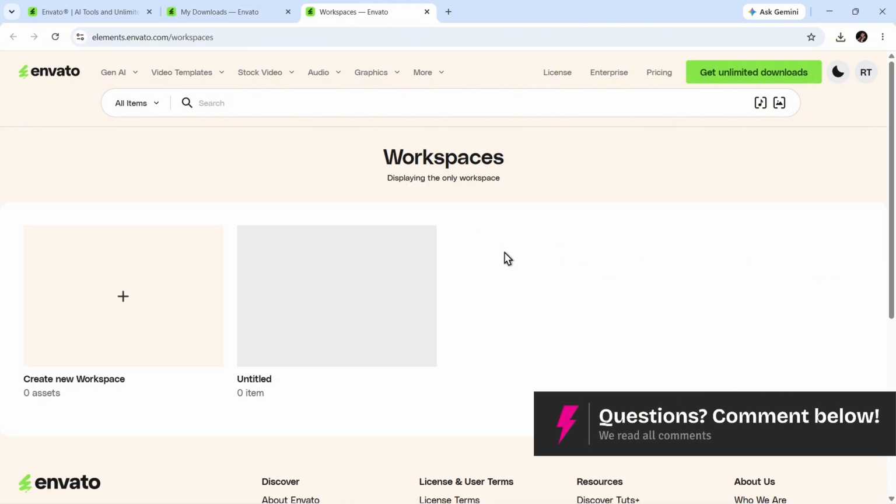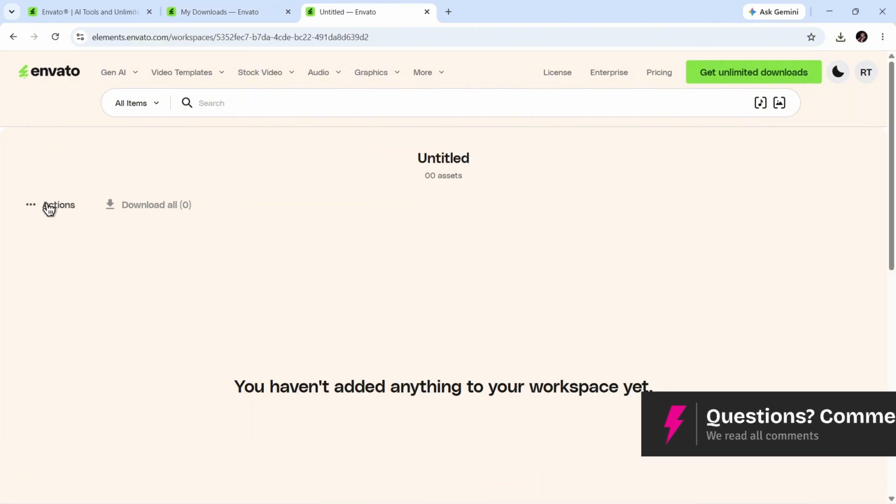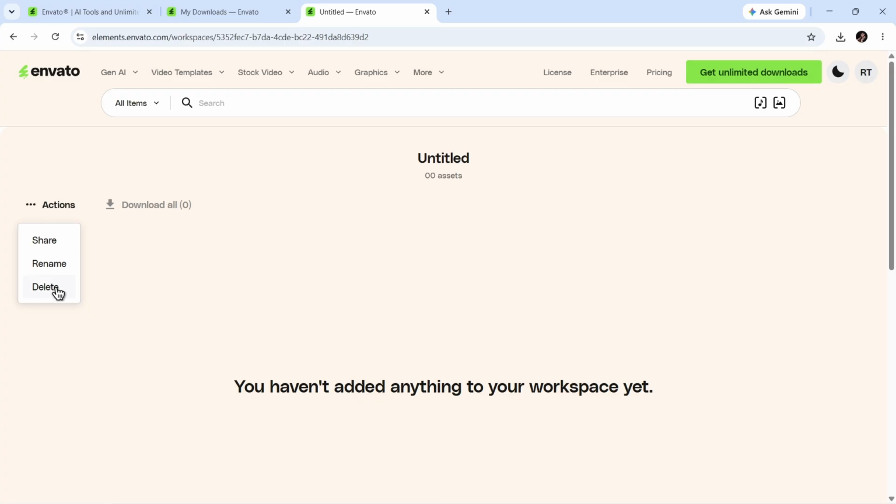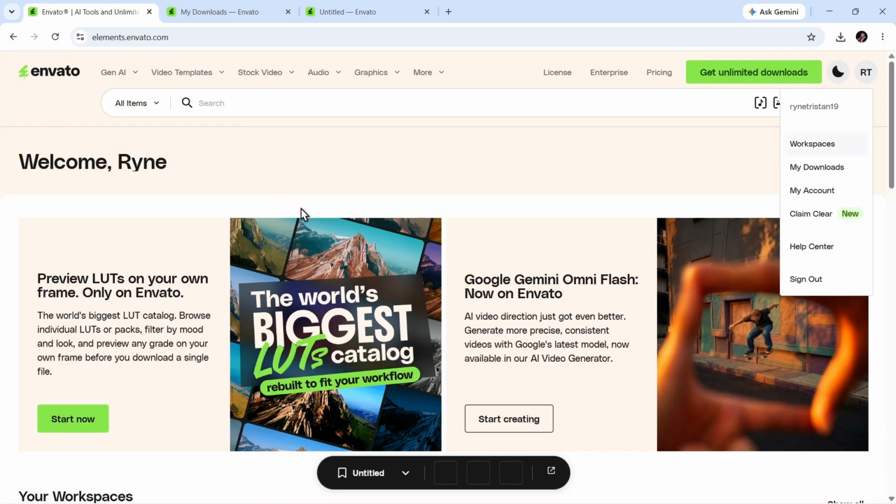And when you go over to your workspaces, you can just click on it and then click on Delete right here under Actions. But this will only delete them from the project view, not from your master profile account history. All right. So the only way to completely wipe your download or purchase history from Envato's backend system is